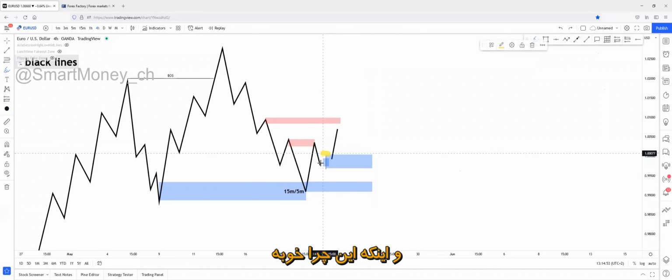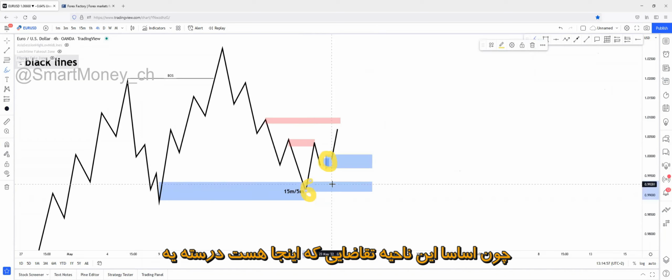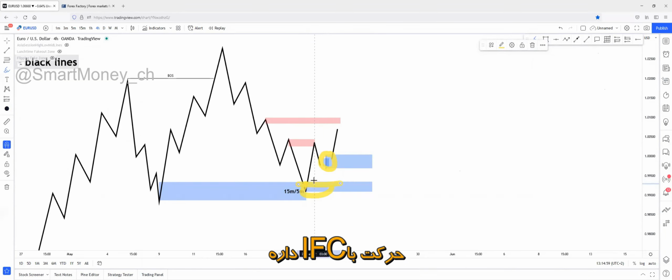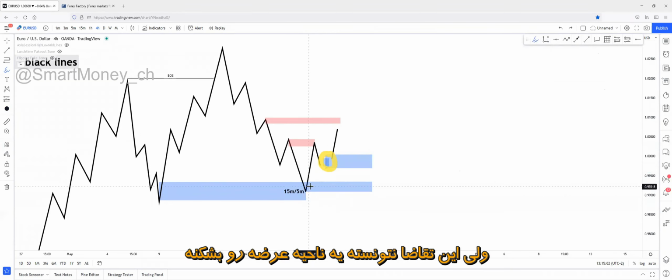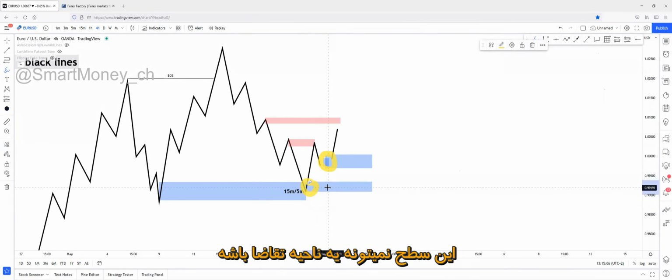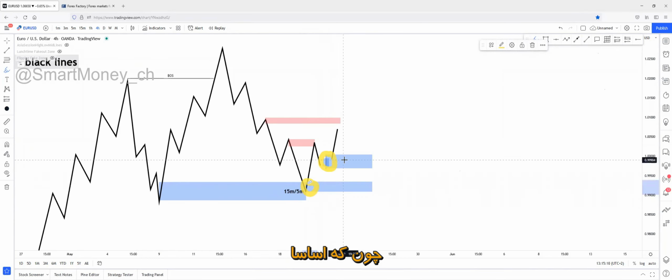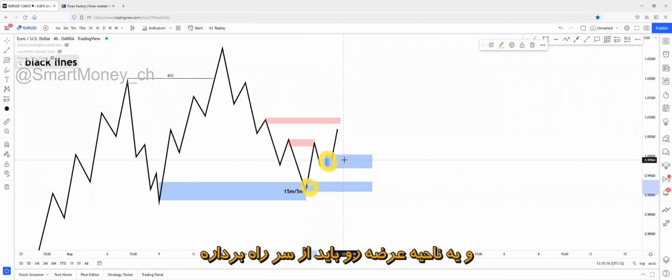And why will this be the good zone to choose and not this one? Because this zone down here has created an inefficient movement, right? But this zone isn't a demand zone because it couldn't take a supply out. And if it couldn't take a supply out, this won't be a demand zone, so we can't expect a reaction on it. Basically, because in order to form a valid demand zone, price has to break above a supply zone, change character, or break structure, right?